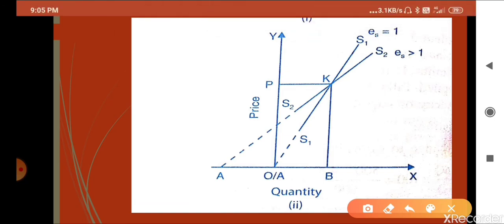here we can see. So if we are plotting on the y-axis, then it is more than 1, and if it is on the vertical, meaning on that vertex, on that point O, it will be unity. So like that we can find out whether ES will be more than 1, less than 1, or equal to 1. Unitary, elastic or inelastic we can find out by this method only. So it is very easy to find out.